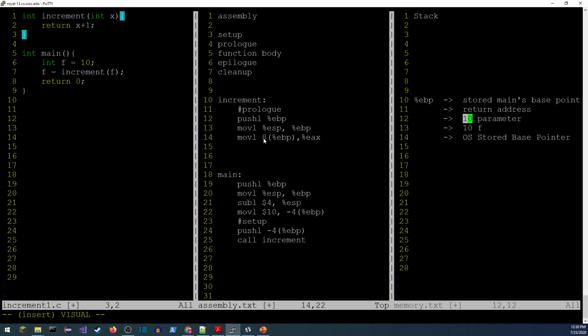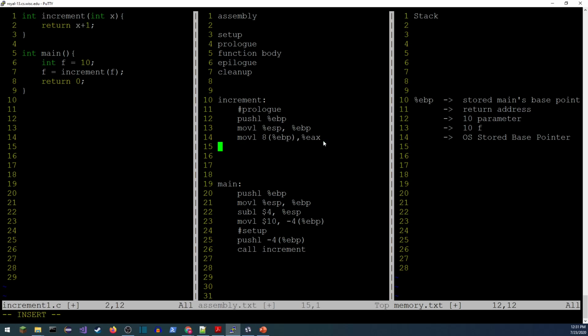So in a function, parameters are positive. Parameters, they both start with P. Locals are lower in memory, so they're going to be negative. All right. So I've just done this. I've grabbed the X. It's now in a register, not just memory. A register.